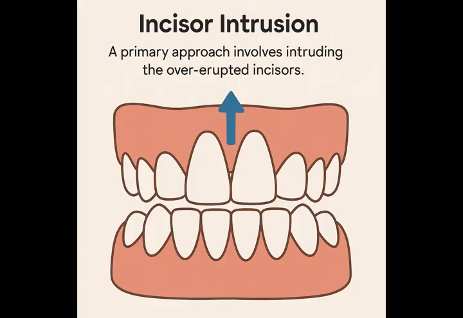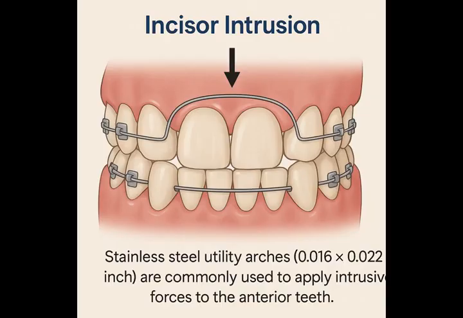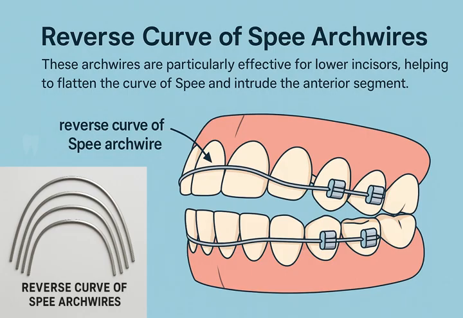Incisor intrusion. One primary approach involves intruding, or pushing up, the over-erupted incisors. This can be achieved through various techniques. Utility arches, stainless steel utility arches, e.g. 101/16 0.22 inch, are commonly used to apply intrusive forces to the anterior teeth. Reverse curve of Spee arch wires. These arch wires are particularly effective for lower incisors, helping to flatten the curve of Spee and intrude the anterior